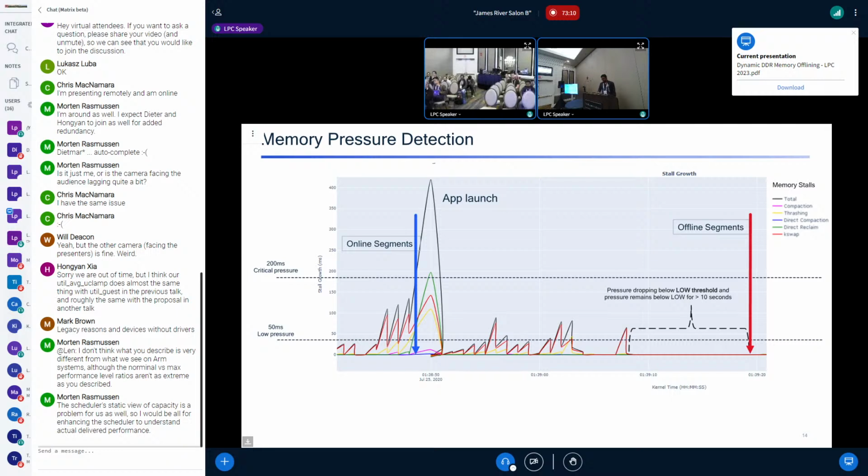And all the small humps over there are app usage where it uses some bit of memory. And once the use case is done and the pressure is down and the system has been idle in terms of memory pressure for about, let's say, 10 seconds, that's a good indication that there's no memory requiring apps, and that's a good place where we can trigger some offline and let the parser manager decide based on free memory in the system.